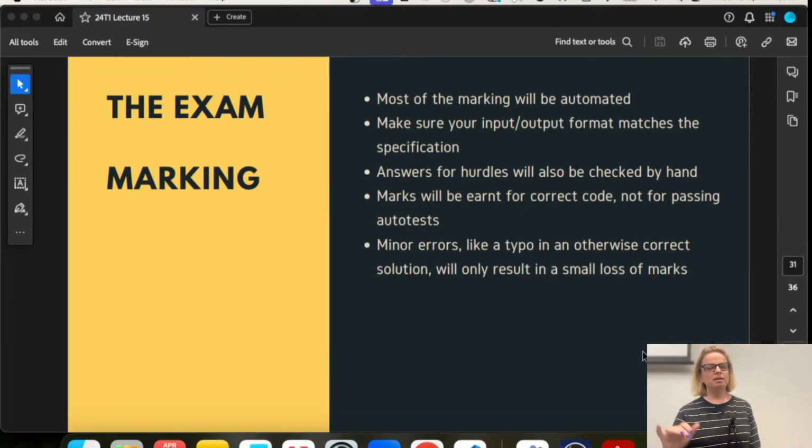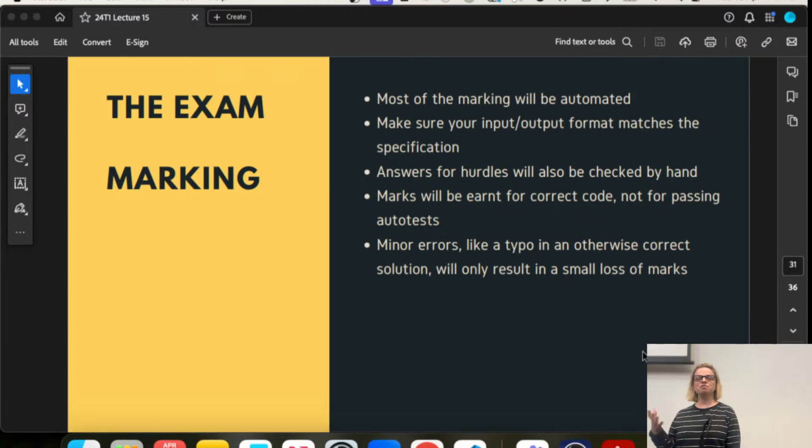Okay, most of the marking is automated, but your hurdles will be marked manually as well for those that have not been able to complete the question for full marks. And that is to make sure that those that should be passing are passing. And we also mark other questions manually as well.